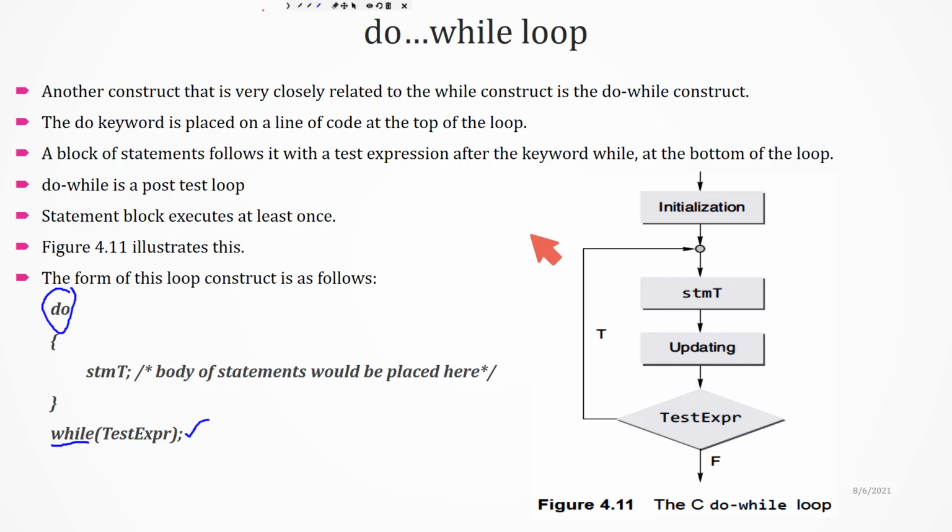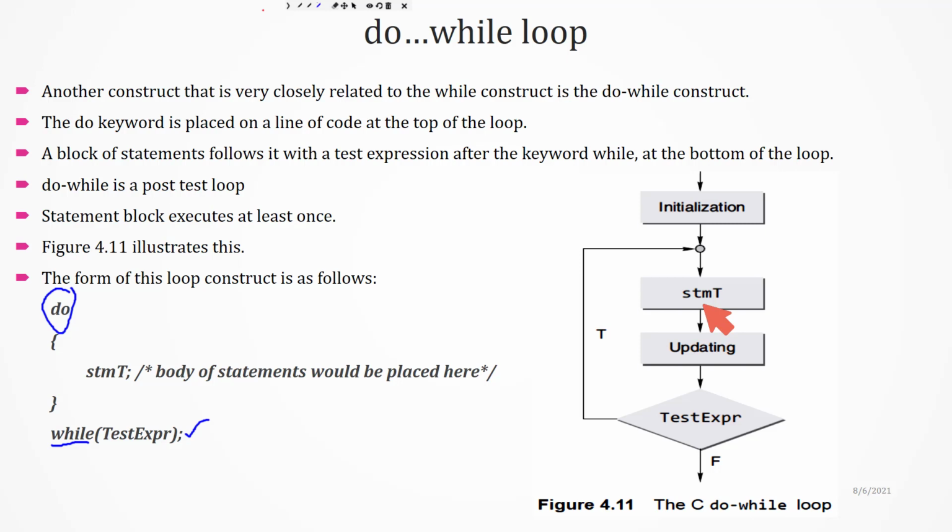What you have to study here is the difference from the while loop. What is the difference between while loop and do while? In the while loop, first we test the condition. Then the statement and updating operations are performed. First the test expression is tested, and only if it is true will it execute the statement and updating statements. Here, first the statement and updating statements will be executed, then the expression will be evaluated, that is, the condition will be tested. If the condition is true, again the statement and updating statements will be executed.